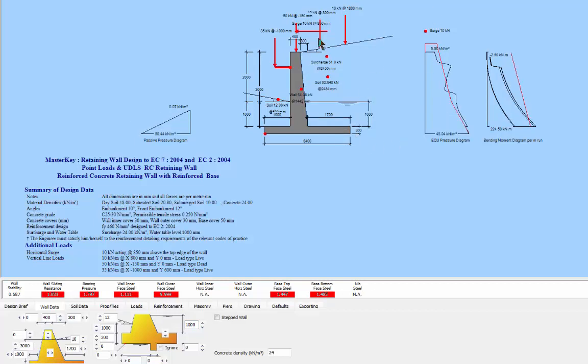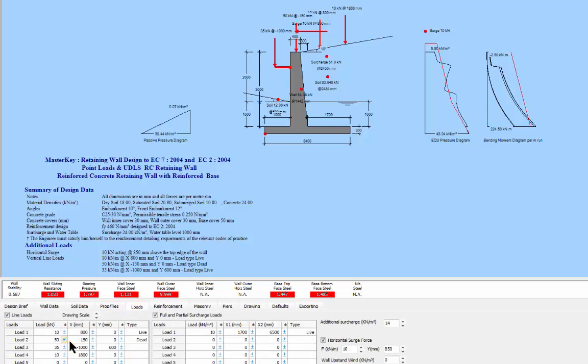The next loading we have are 2 or 3 point loads. You've got a point load on the top of the wall and point loads back on the wall. So the top wall point load on the wall, let's look at our loading. It's very simple. That's this load here. 50 kilonewtons at minus 150 in the center of the 300 wide wall, and it's a dead load. The next load is a 10 kilonewton load at 800 along the wall. So that is a soil load, and you can see its effect on the diagrams. And then after that we have this 35 kilonewton load